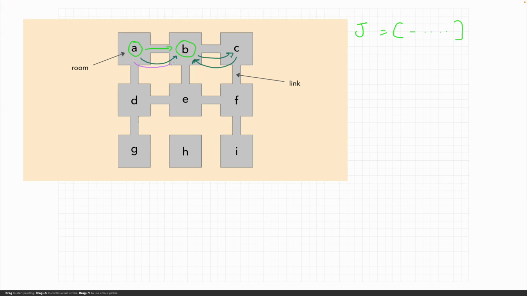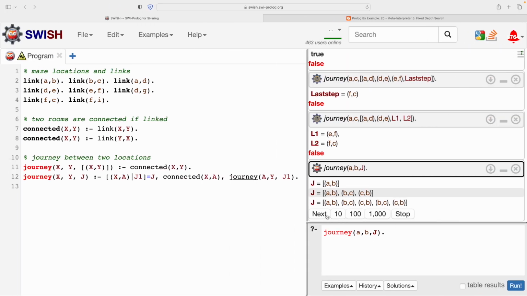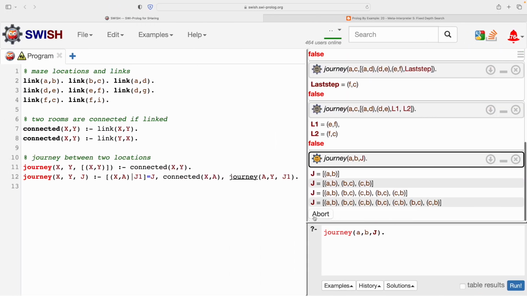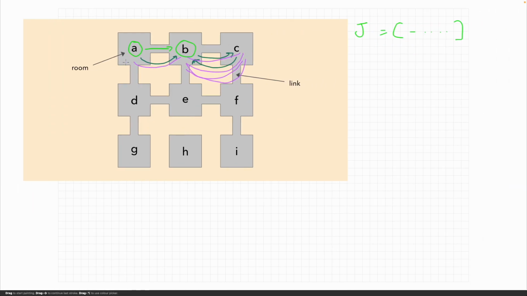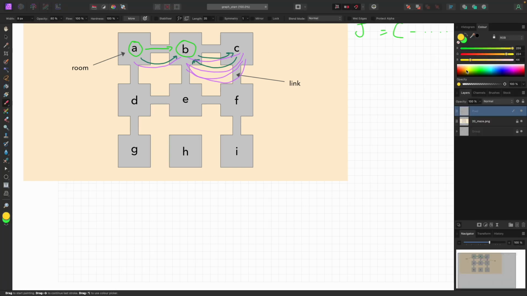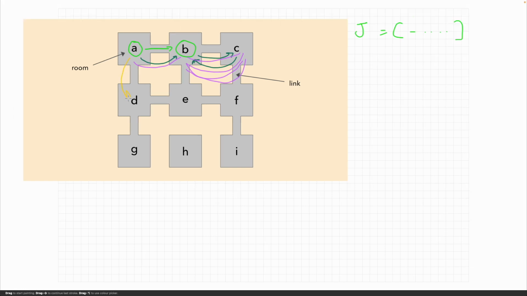So it's from A to B, B to C, C to B, and then B to C and C to B again. It's almost like it's getting into an endless loop. It is, isn't it? So it's got stuck. What we were hoping for is that it would find actually other interesting routes like A to D, D to E, E to B, but it's not going to get there because it's just going to keep repeating this part of the journey. It's found the basic one, A to B,